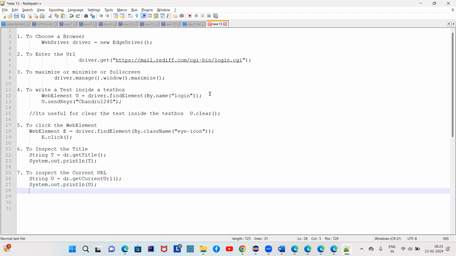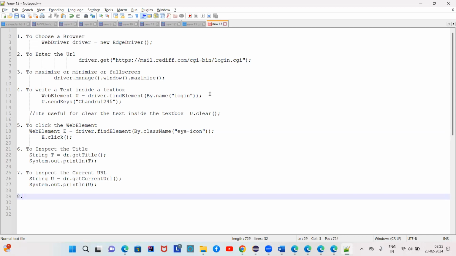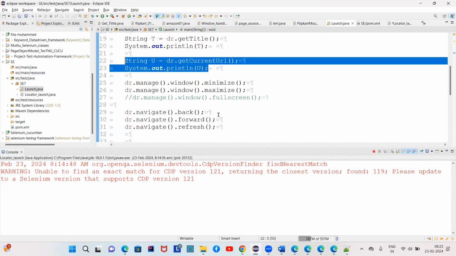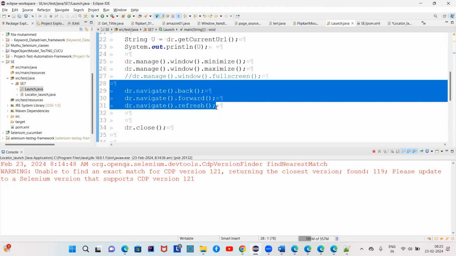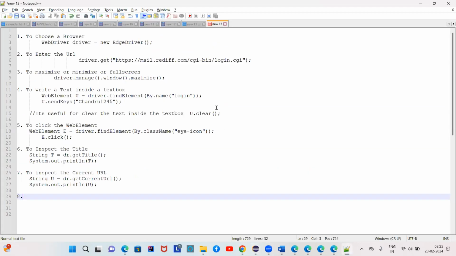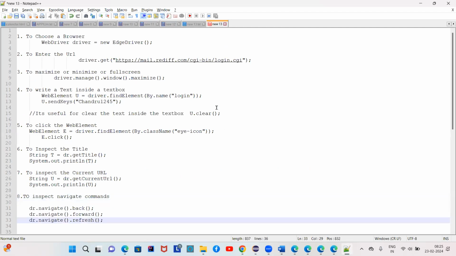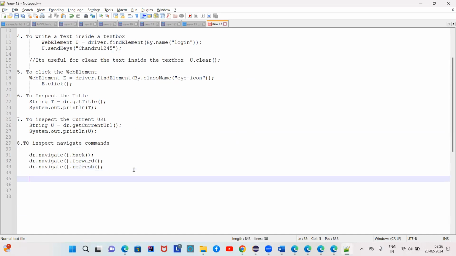Okay. And the another one is navigate: forward, backward, refresh. To inspect the navigate commands. Okay. These are the commands. And then the ninth line is